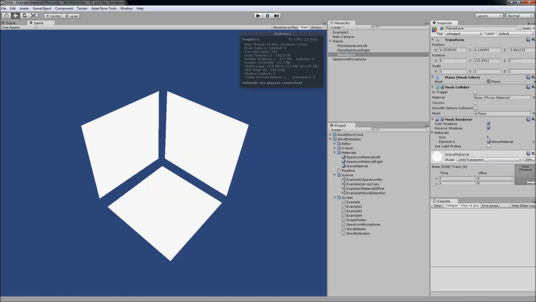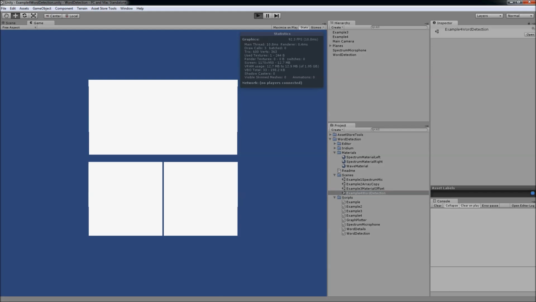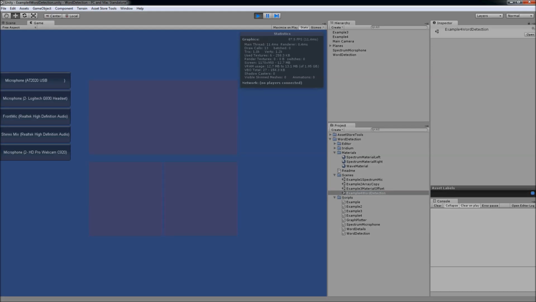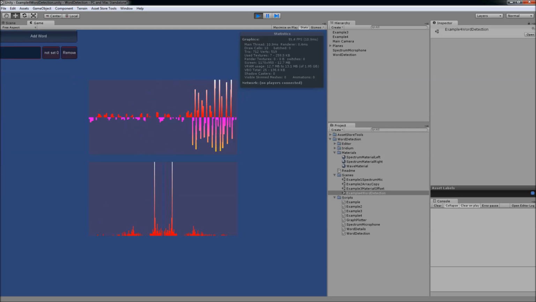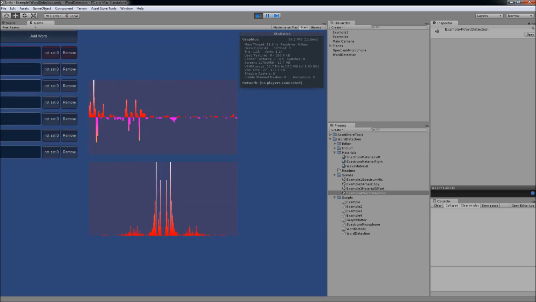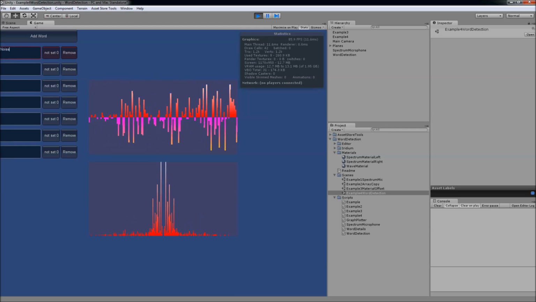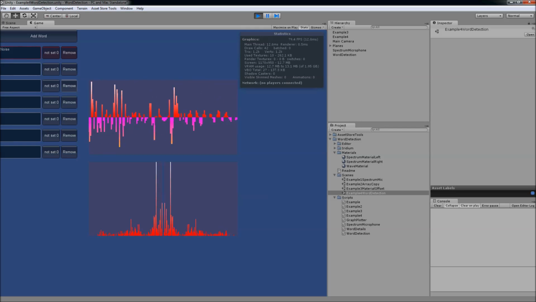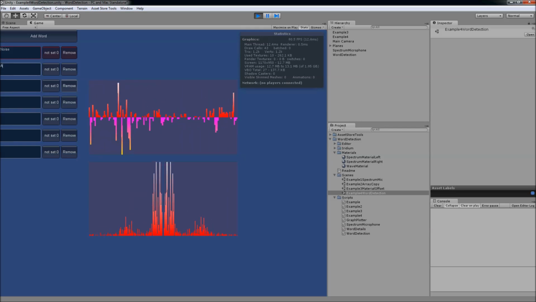Okay, now for the word detection. So example 4, word detection. Here's example 4, word detection, the main guts of the package. So here we'll select a microphone, and we'll add just a few words here. So the first one I'm adding is, I'm going to call it noise, and then we'll just use a bunch of different unique commands. So attack,